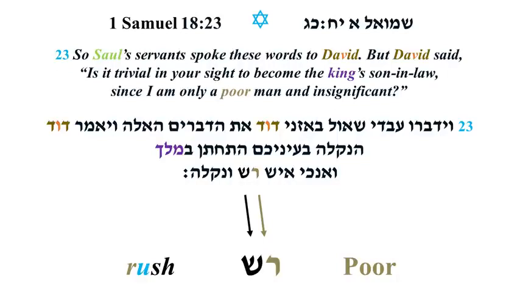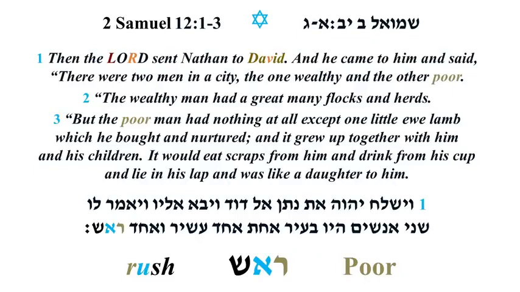12:1 through 3. "Then Yahweh sent Nathan to David, and he came to him and said, 'There were two men in a city, one wealthy and the other poor, rush, destitute. The wealthy man had a great many flocks and herds, but the poor man had nothing at all except one little ewe lamb, which he brought and nurtured, and it grew up together with him and his children. It would eat scraps from him and drink from his cup and lie in his lap and was like a daughter to him.'" This is when, remember David,